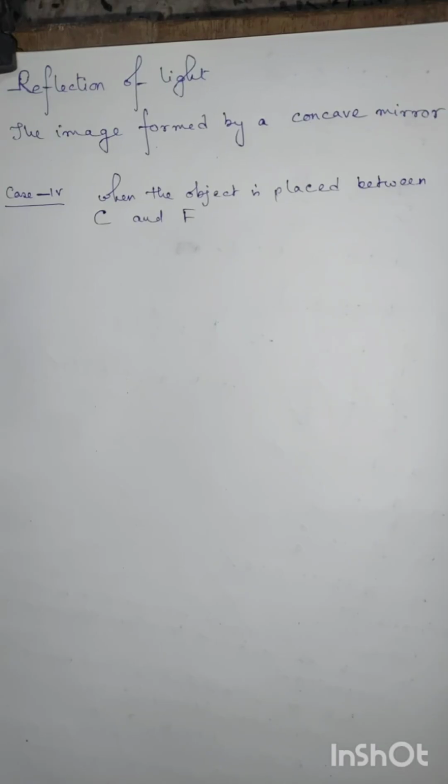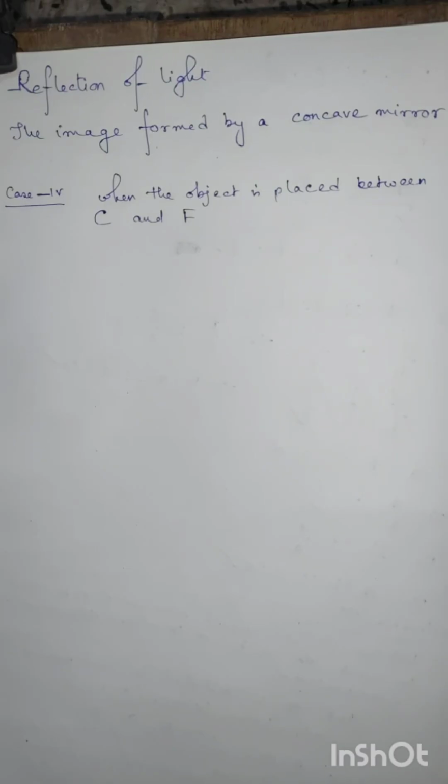Today we are going to discuss the image formed by a concave mirror. We have already discussed three cases. Today we are going to start from case 4, where the object is placed between the center of curvature and focus of a concave mirror. So let us see